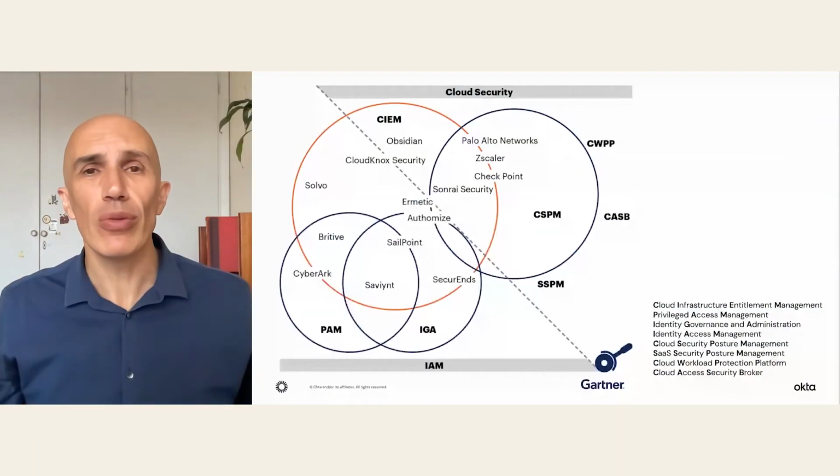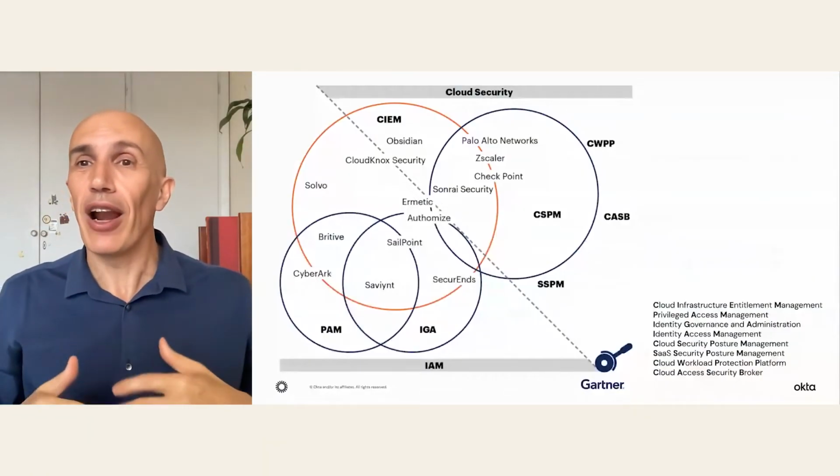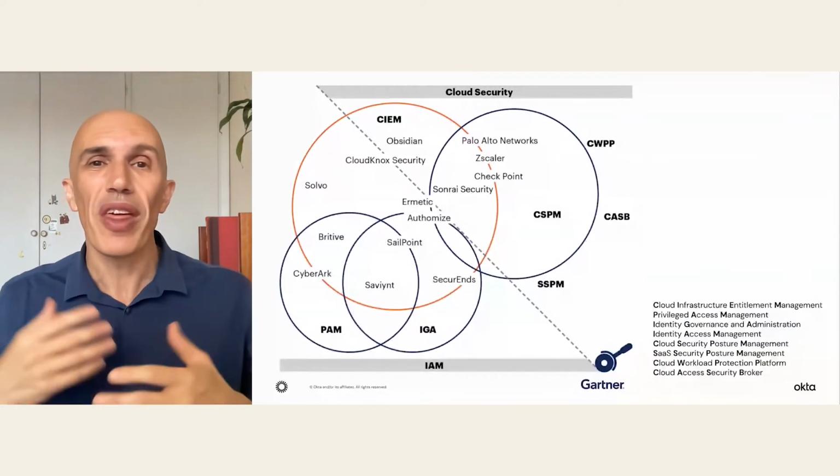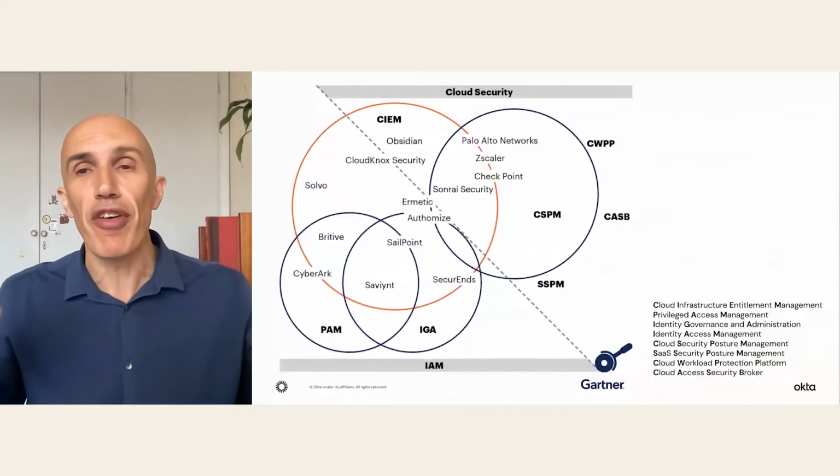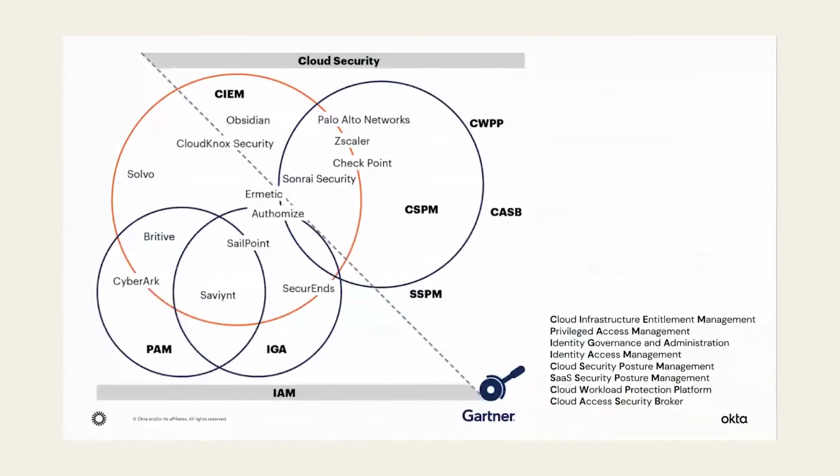There's a wide spectrum of products in this space and a lot of acronyms to learn. What they have in common is that at a high level, they care about two things: granting access to specific employees or specific resources, like identity governance or privileged access management, or monitoring who has access to what. It can be in real time for security purposes, like cloud infrastructure entitlement management, or every quarter for compliance purposes,